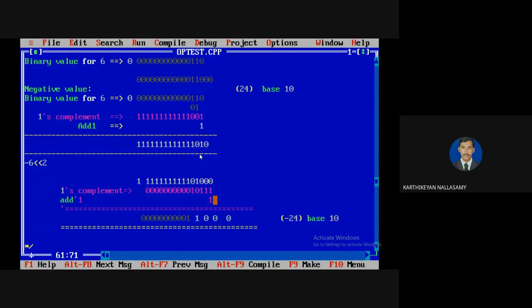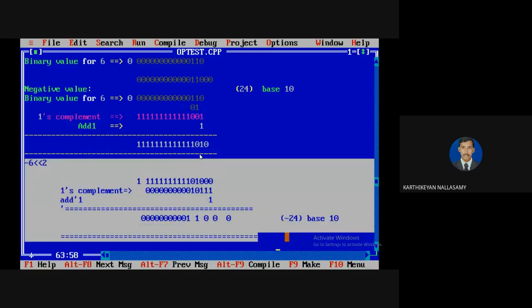And for the right shift operator, it is a similar thing, but you need to add zeros only in the frame, without affecting the sign. I will repeat once again. We need to insert bits based on the sign only. If it is a negative number, it will insert only the minus sign bit. Clear? For example, I'm going to represent the same thing for a right shift operator.